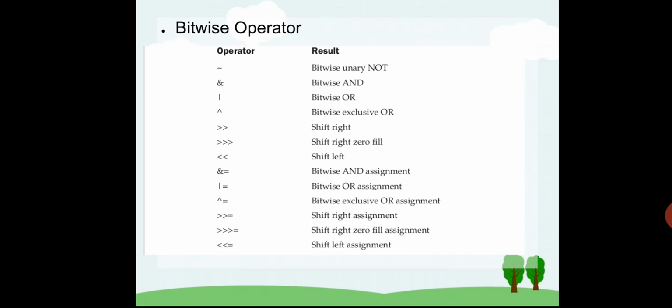Say for example, if you take the number 32, how do you represent 32 in binary? It is something like 1 followed by 5 zeros, right? So it is 16, 8, 4, 2, 1. Yeah, 5 zeros. 1 followed by 5 zeros. Now if you ask me to shift 2 positions or 2 bits, say for example 32, the shift right symbol, double greater than, then if you write 2, then obviously you are trying to shift 2 bits at a time. You are shifting the bits to the right side.